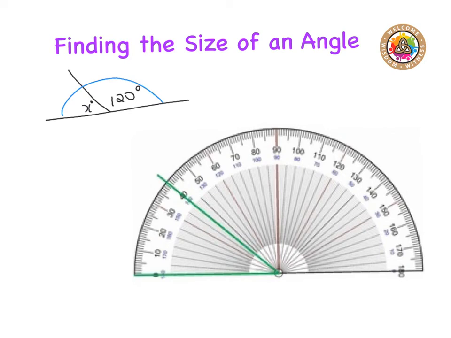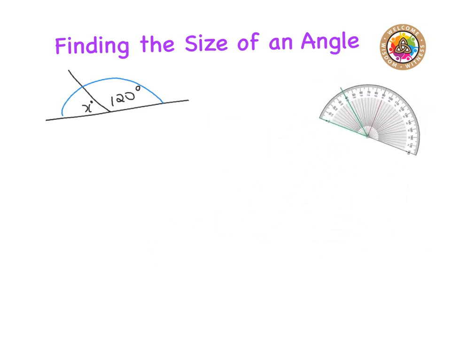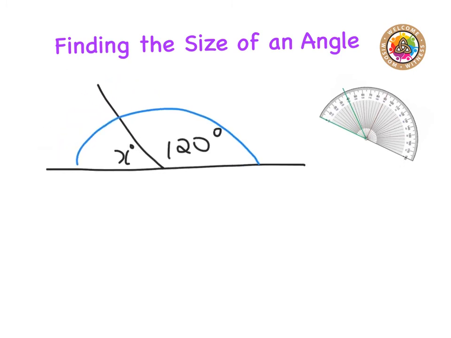So here on this protractor, the 0 starts here and it goes 0, 10, 20, 30, 40, 50, 60, 70, 80, 90, all the way up to 180. Whereas here on the inside numbers, it starts here 0, 10, 20, 30, 40, 50, 60, 70. So it doesn't matter what side you measure from. Anyway, what we're concerned about now is if we can't measure it with a protractor, but we have, say, a